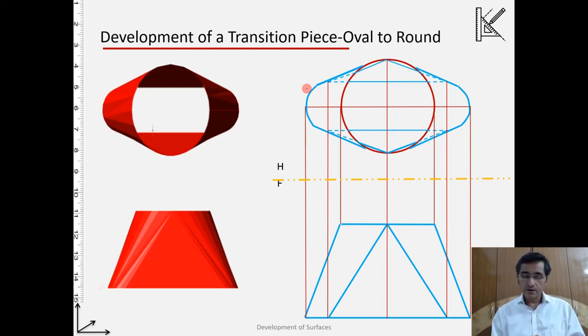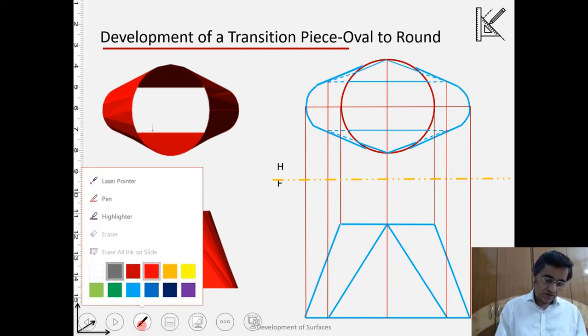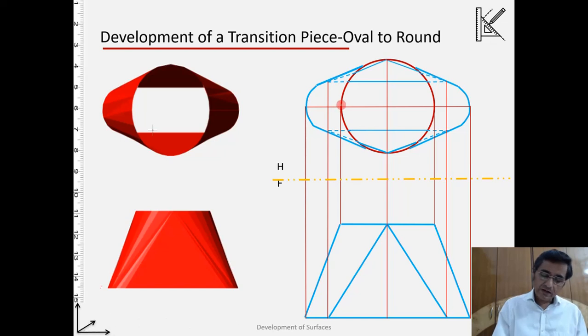So in order to develop it, let us say I change the color for more clarity. I take a point here and another point here, and join them. So what is this? This is from a curve to a point, a conical triangle.